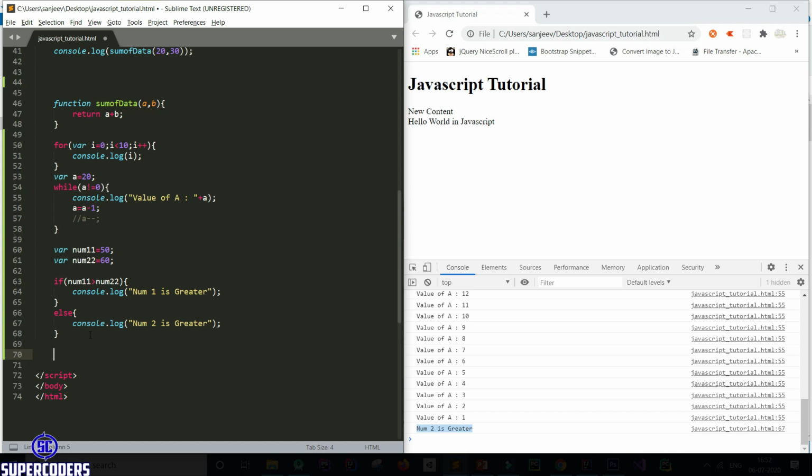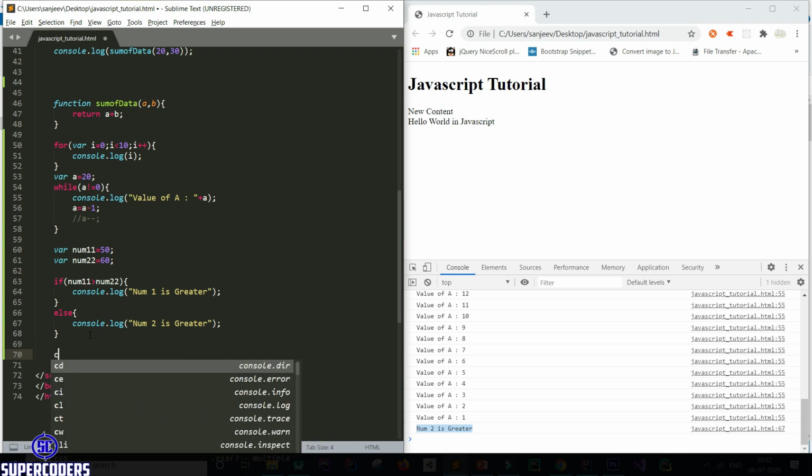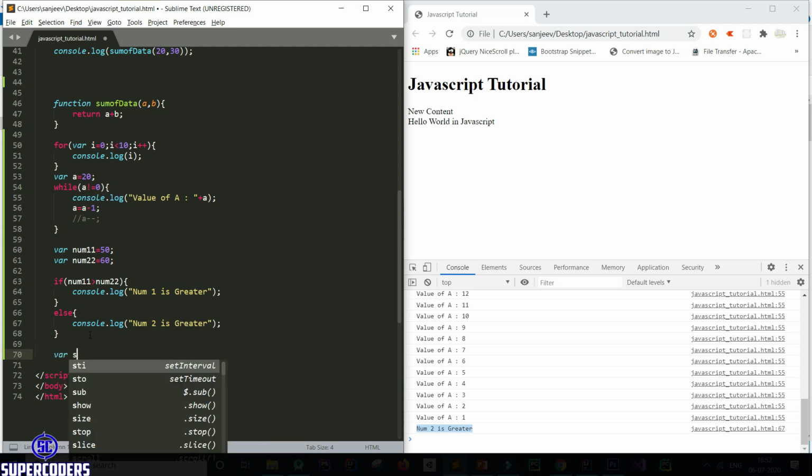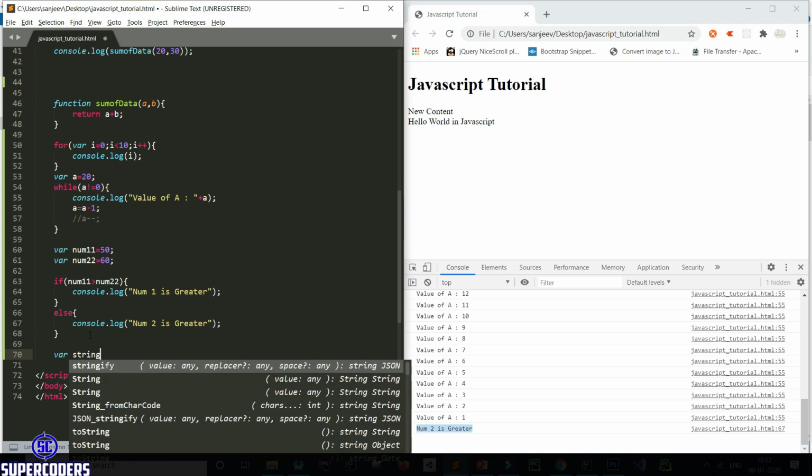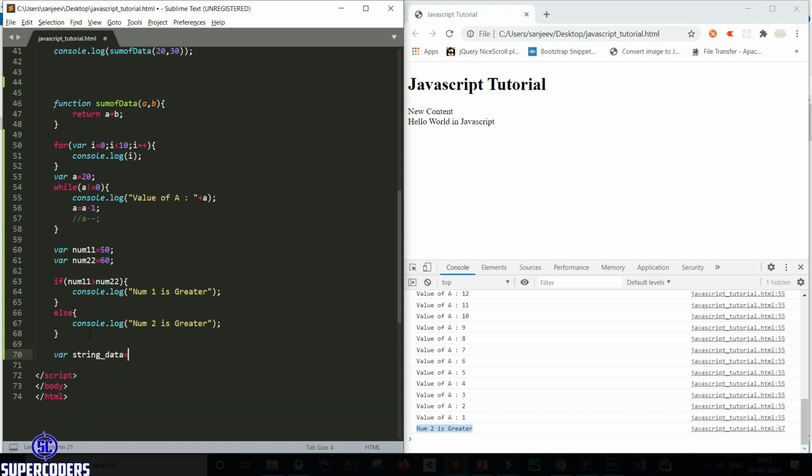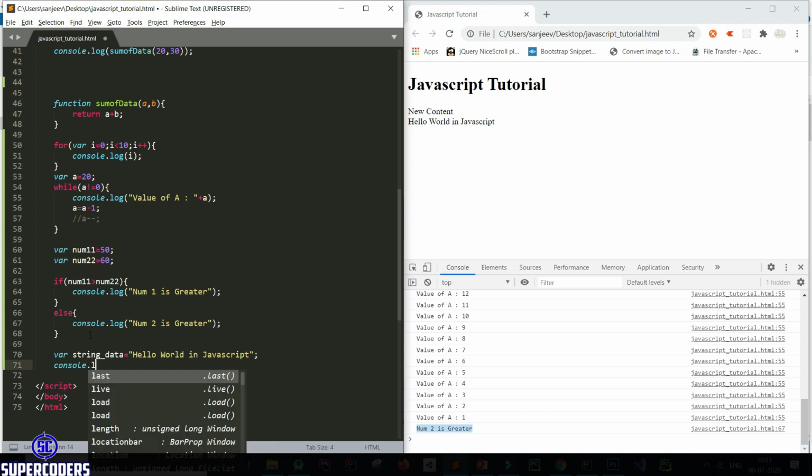So if you need to find the length of a string, let's print the length of a string. Let's first create a string. So creating a string where string data equal to hello world in JavaScript. Now let's see what you can do.